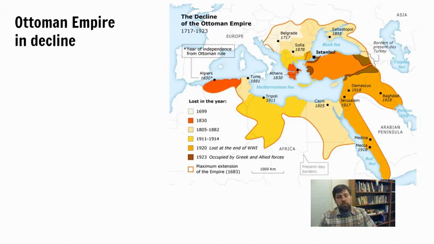So now we're going to shift gears and talk about the Ottoman Empire, which had been in decline going back to the 1700s. The Ottomans were incredibly powerful for a while. They created a massive land-based empire. They were really like the star of Unit 3, right? Like they were the empire par excellence.